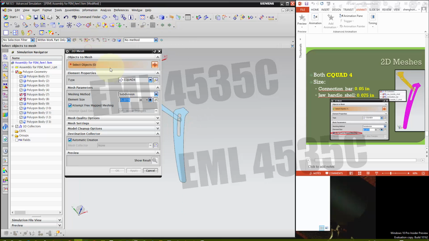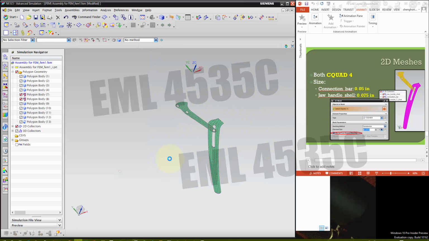Okay, and we'll use C-Quad4, and they are different sizes. The bigger one has bigger size. I want to apply. Then the link or the connection bar in the slides is 0.05, smaller size, and OK,